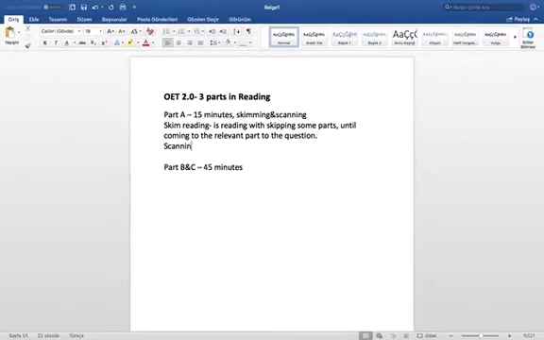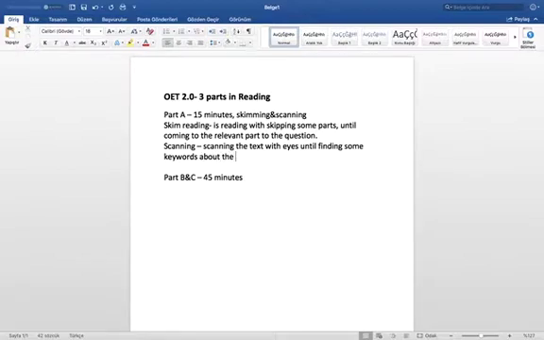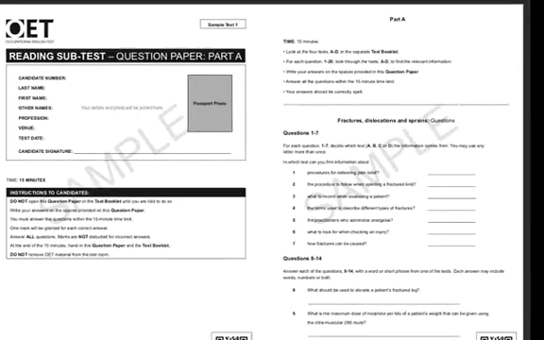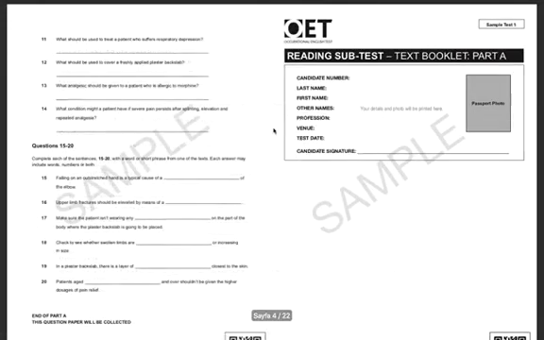And scanning means scanning the text with your eyes until finding some keywords about the question. So for Part A, many students approach this part by getting their text booklets